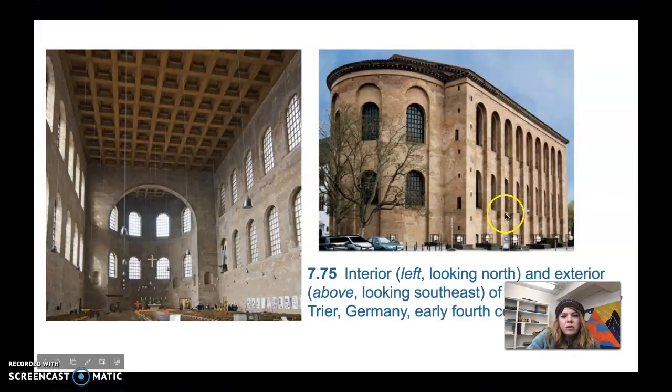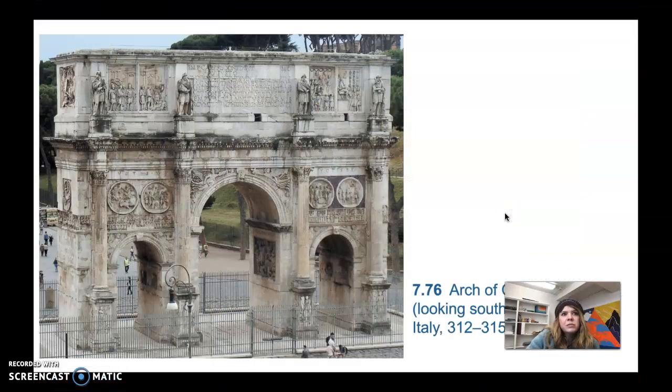Okay, we're going to take a look at the Arch of Constantine. This was put up around 315 by the Senate, and it's basically a triple arch in the tradition of the Roman triumphal arch. We've seen these quite a bit. Typically something the Romans put up to commemorate something. And in this case, it was commemorating Constantine's defeat of